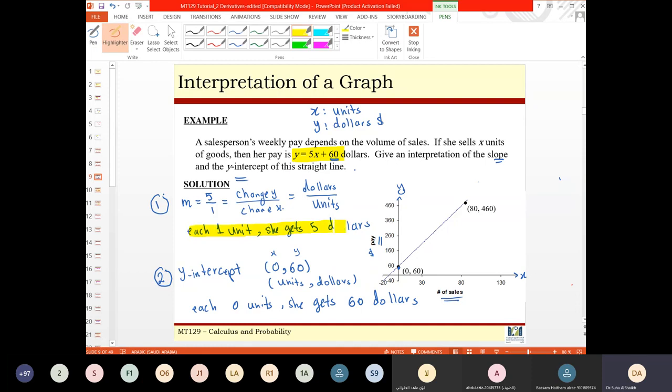This is the interpretation بس. معناها each one unit she will get $5 وinitially لما انها تبيع 0 units راح تاخذ $60 كبداية، حتى لو ما باعت أي شيء. وبعدين she was getting $5 for each 1 unit she will sell. وضحت الفكرة؟